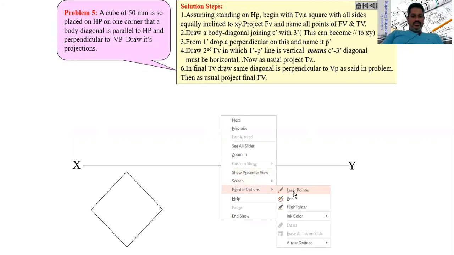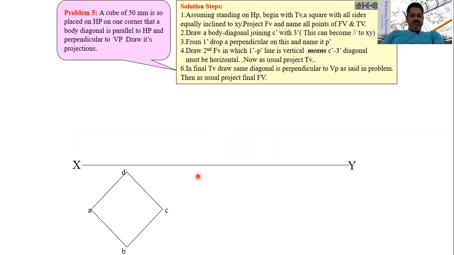Now project all these points, name all those points as A, B, C, D like this, then project all those points on top to draw the front view. Then name all those points and draw the diagonal which connects these two corners. Name the top corners as A dash, B dash, C dash and D dash, and the bottom corners as 1, 2, 3, 4, but here we will get 3.